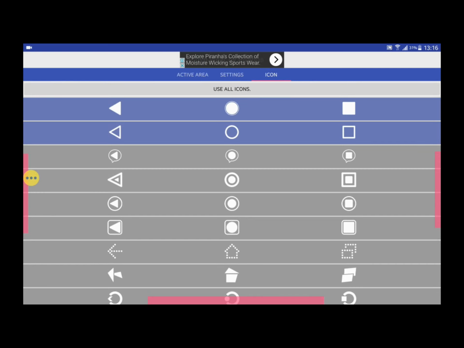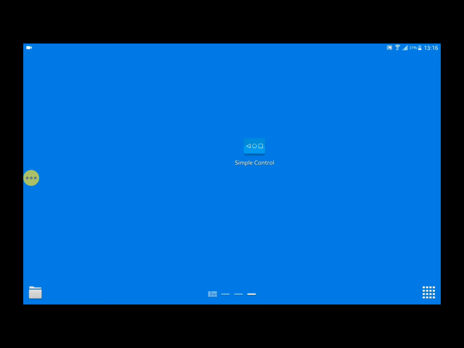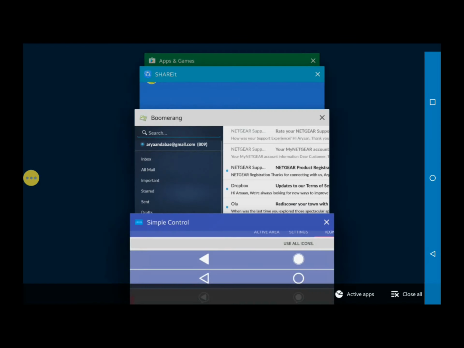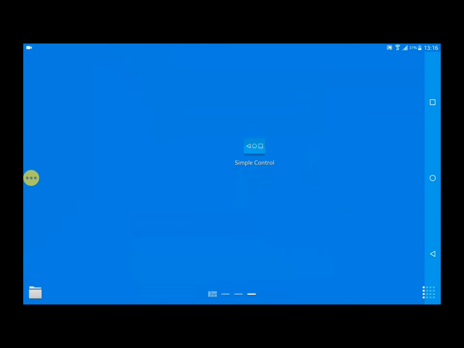So there we have it. Now go to the home screen. Now there you go. So you have it here, you have it here, you have it here. So you can use it for example for multitasking, go back, multitask, etc.